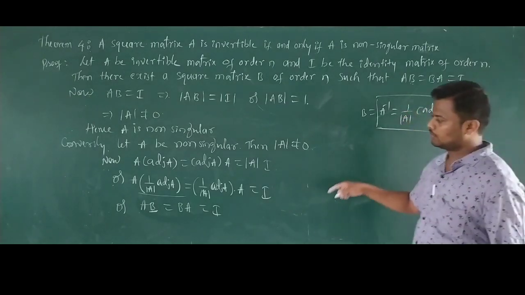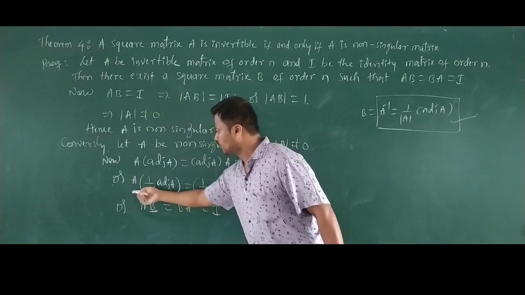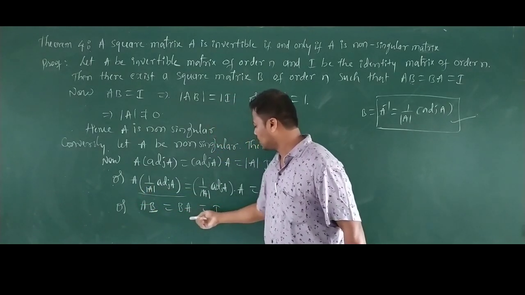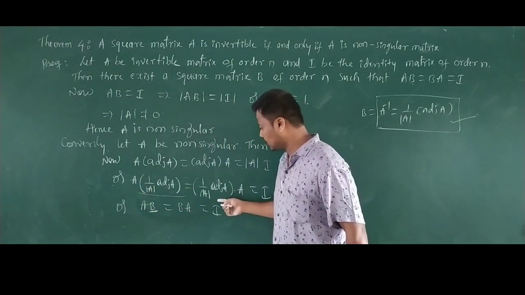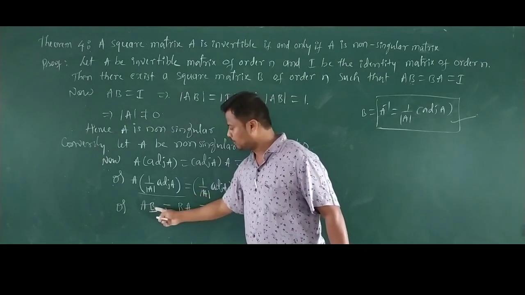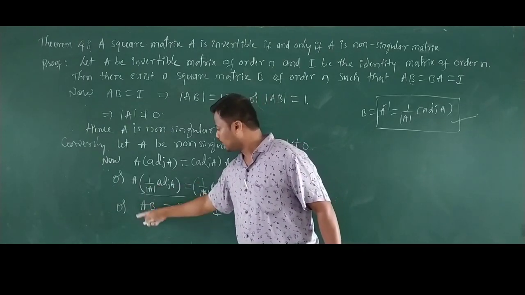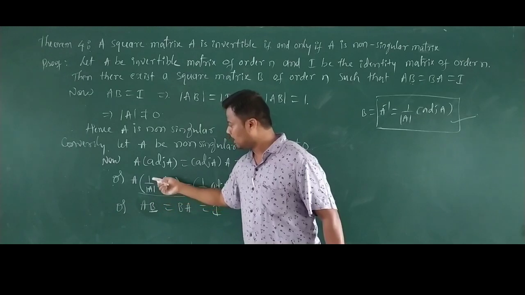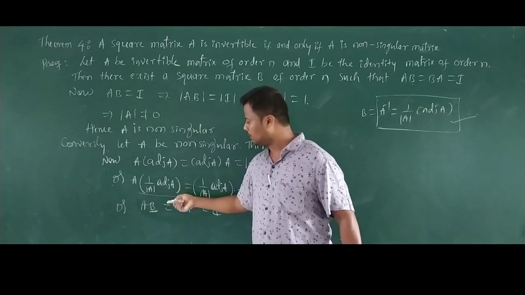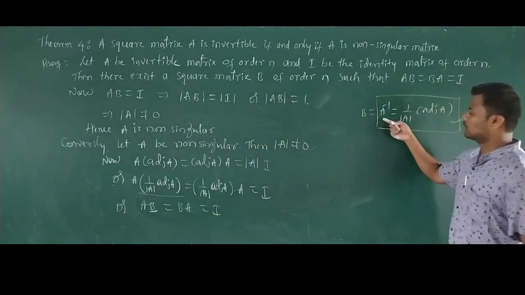Clear? This is the same formula: if AB equal to BA equal to I comes, then A is called the inverse of B and B is called the inverse of A. Comparing the same position, B equals 1 by determinant of A into adjoint of A. So it is understood that A inverse is equal to 1 by determinant